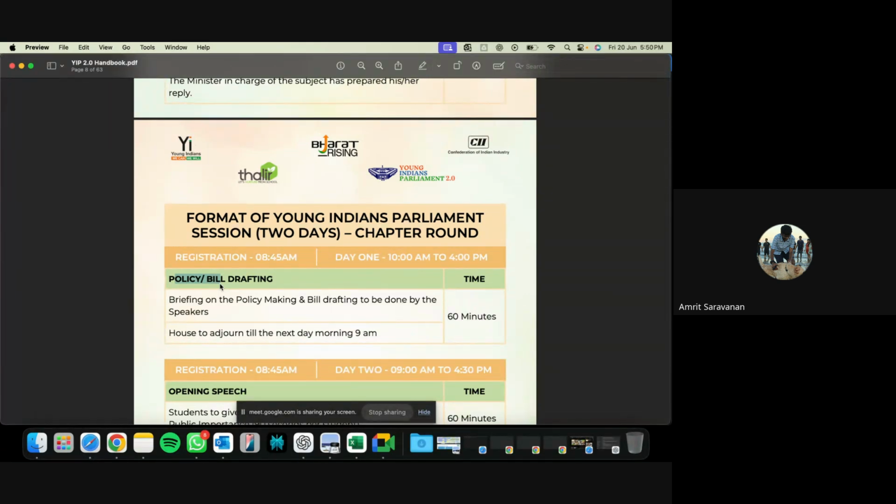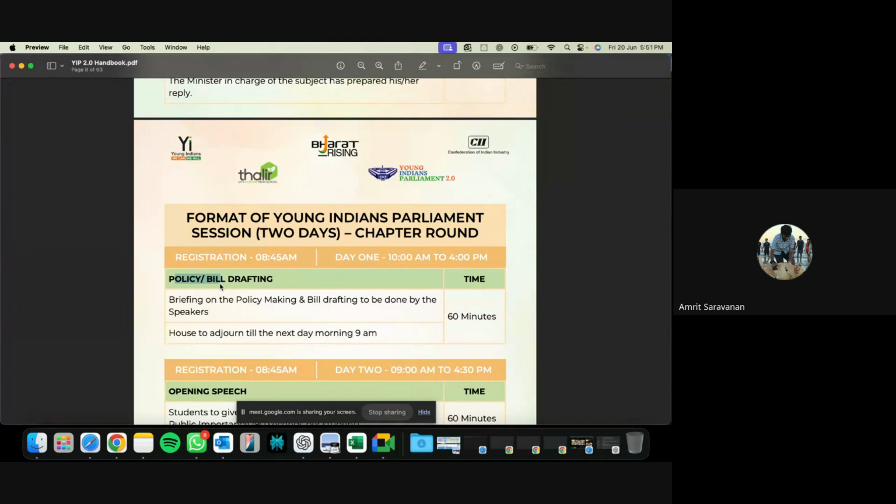So each of the committees will be assigned a certain topic during the session of policy and bill drafting. Once they are assigned that topic, the parliamentarians will sit in groups according to their committees and discuss what bill they want to draft, and what points need to go into the bill. Obviously 60 minutes will not be enough to discuss everything related to the topic, but you will form an overall structure during that time.